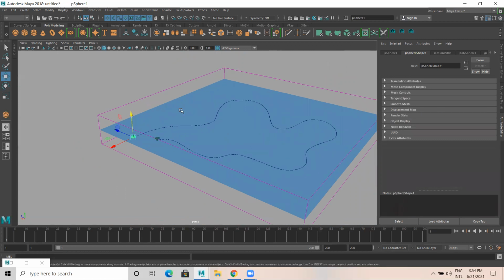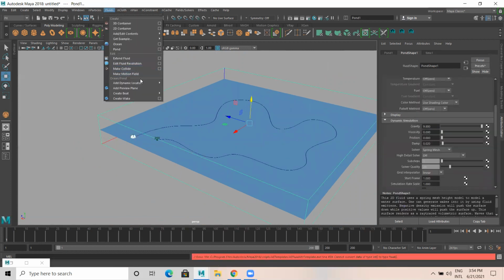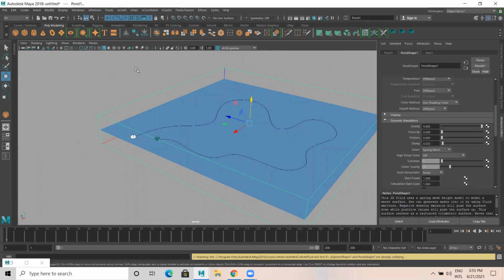Select the sphere, select this fluid, fluid, make collide.